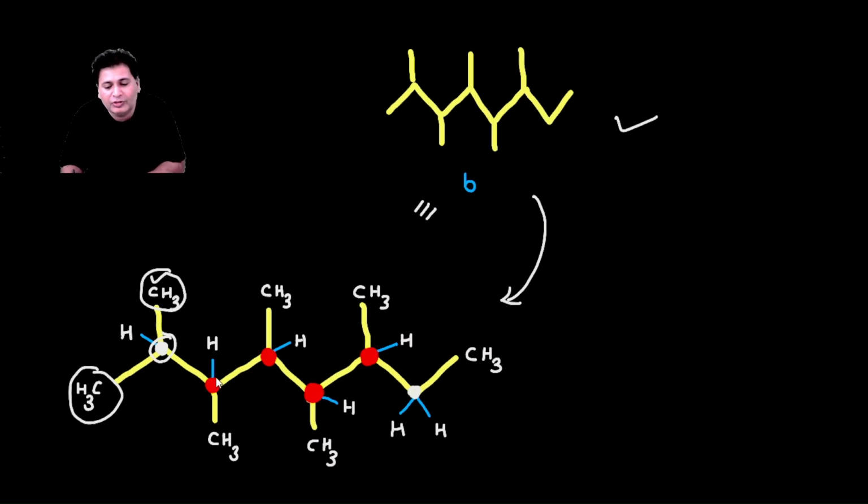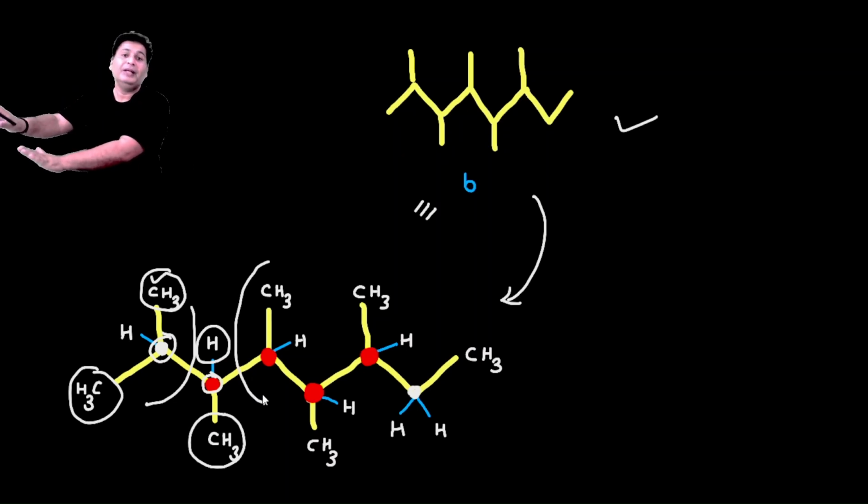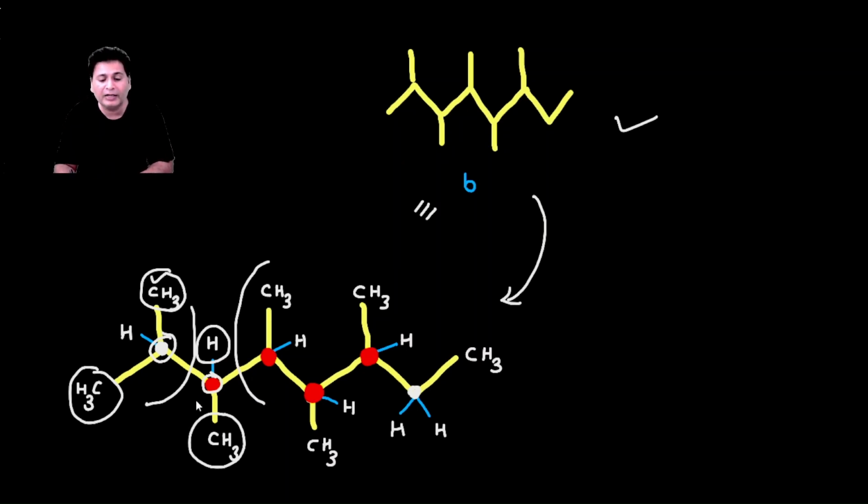Now coming on to this carbon, student, you understand, here you have a different group, here you have hydrogen, here you have methyl, a different group, and this right hand side a completely different group. So you understand, this particular carbon is associated with 4 different groups, and it should be chiral in nature. So you have got this carbon as chiral. Now coming on to the next one on the right hand side, again you see with this carbon, this is methyl, this is hydrogen,